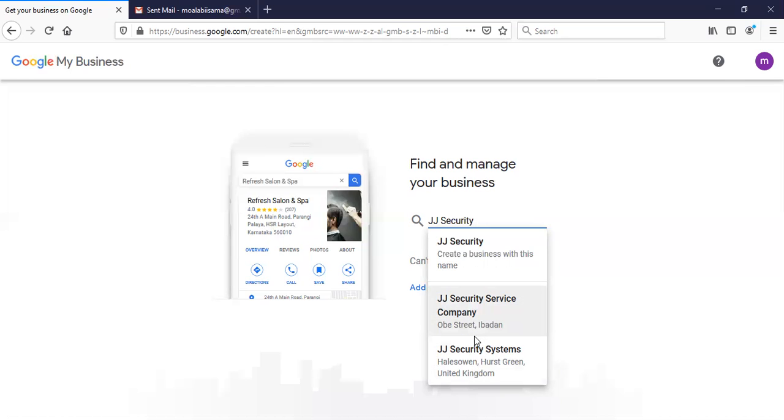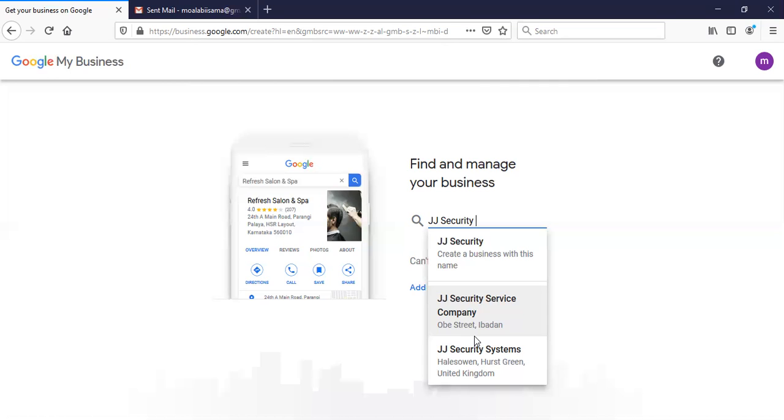That means someone already created that business. You might want to claim and manage it, or Google itself created that business because maybe the business already has a Facebook page. People are searching for that business itself using the particular name of that business. So Google will auto populate it and create that business. If Google has the address on Google Maps and people are already searching for it, Google will auto create that profile on Google My Business.